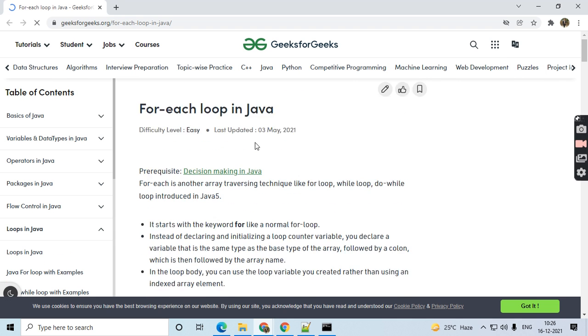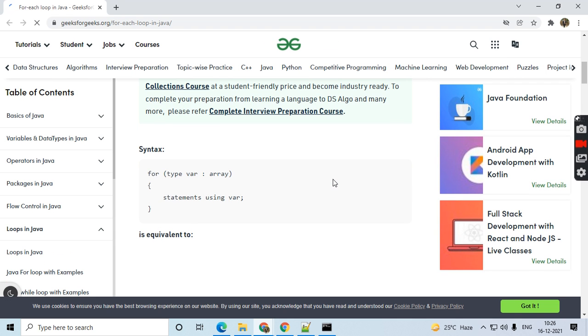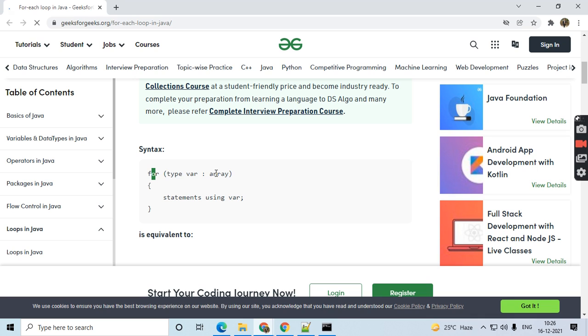So this is the for each loop in Java. You have to write for, and suppose you are using one integer variable referring to an array, we can write int i colon and the name of the array. It will print the values of that array, whichever it is referring to.